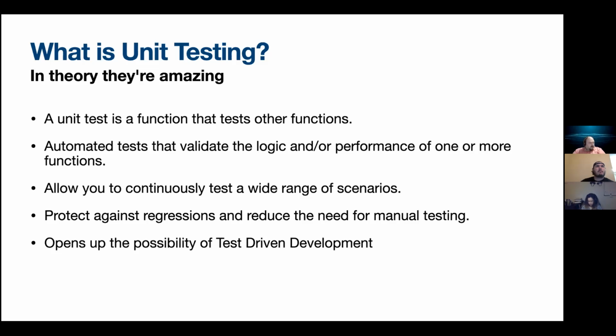For example, if we have a function that makes a string all uppercase, and we introduce a bug where only the third letter is uppercase, that is a regression. But if we have a unit test that's always checking that a string is always uppercase, as soon as someone introduces that bug, that test will break. And so you'll be immediately alerted that, hey, something went wrong with this commit or this pull request. And